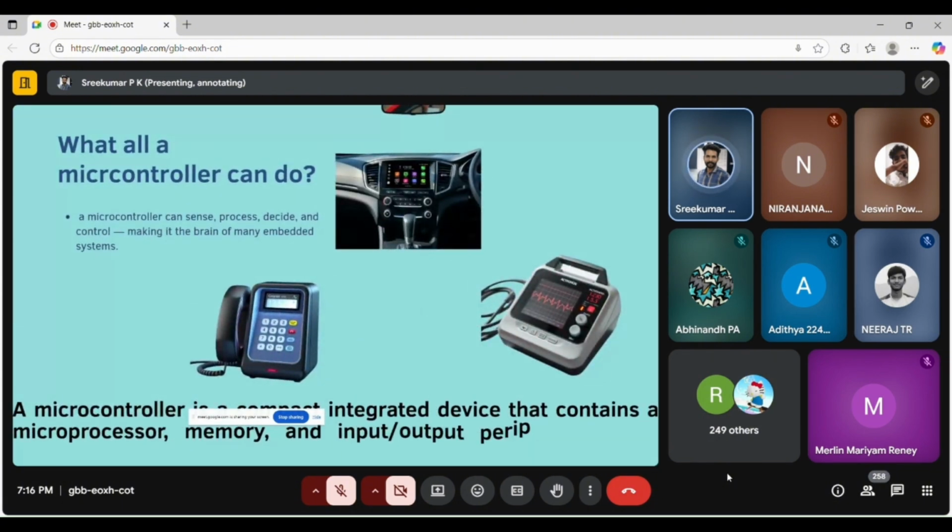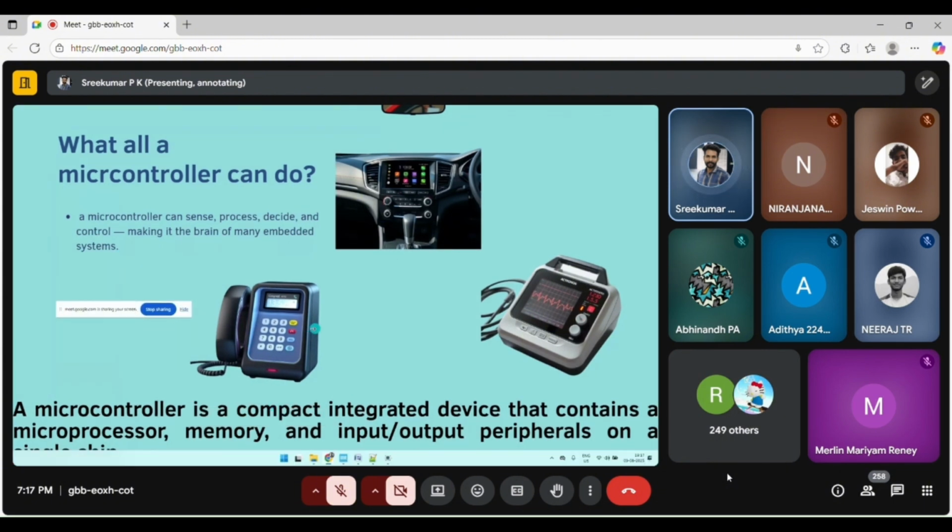What all a microcontroller can do. A microcontroller can sense, process, decide, and control, making it the brain of many embedded systems. You might have seen this device, right? The middle one. It's a coin box. So a coin box is actually an intelligent device.